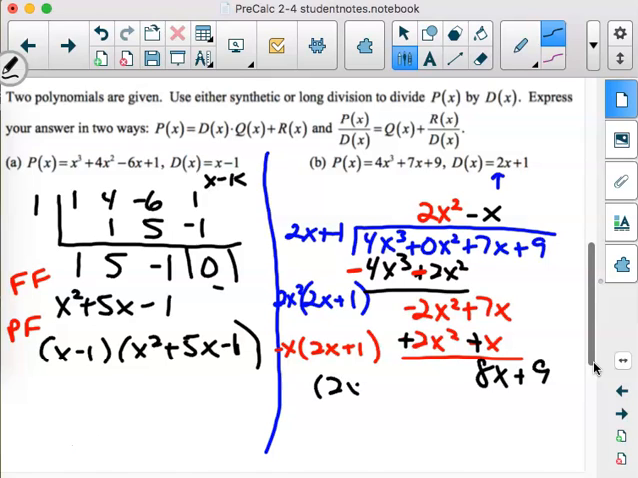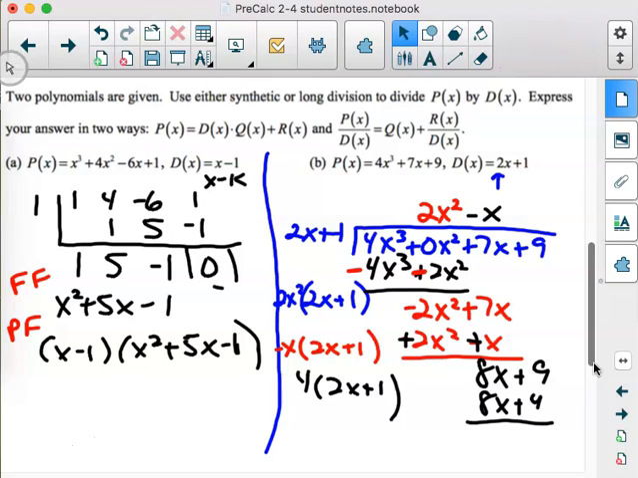And I have a 2x plus 1. I need to match up with that 8x, so I'm going to multiply by 4. And change the signs. 8x minus 8x, the 4 did its job. And then 9 minus 4 is 5. And that's going to be my remainder. So,